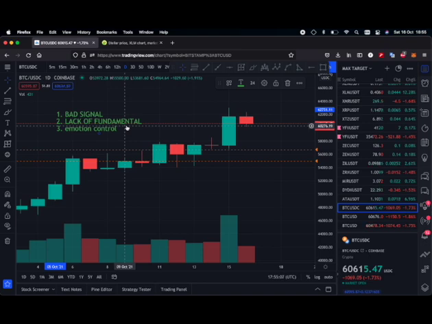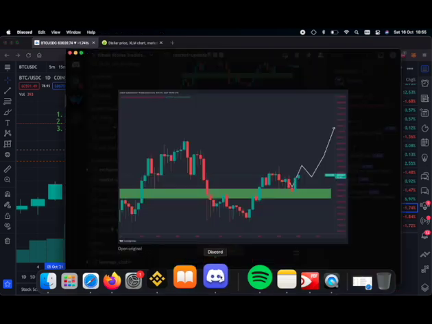So emotion control, we're going to talk about this in terms of greed and fear, so there's nothing much to say. Everybody knows what emotion control is when it comes to trading. You have to be very ruthless and heartless in trading. It's just a common concept of trading. If you want to be a professional trader, you have to be heartless and ruthless when it comes to making decisions. So without diving into this, we'll go straight to the Discord.